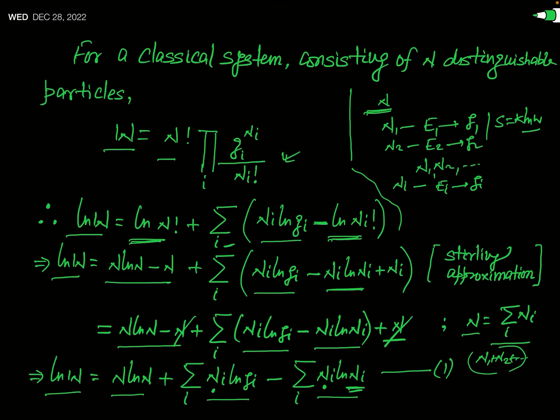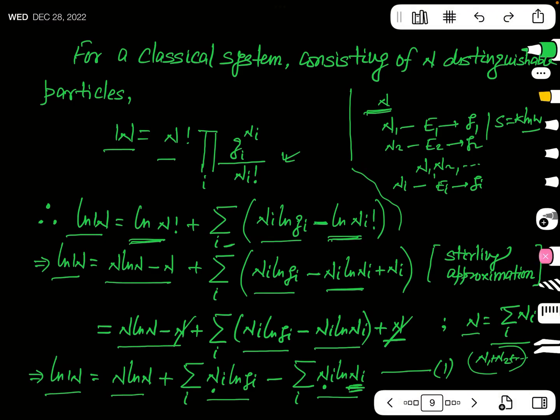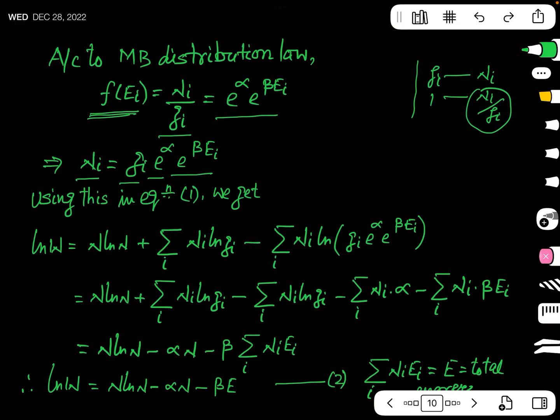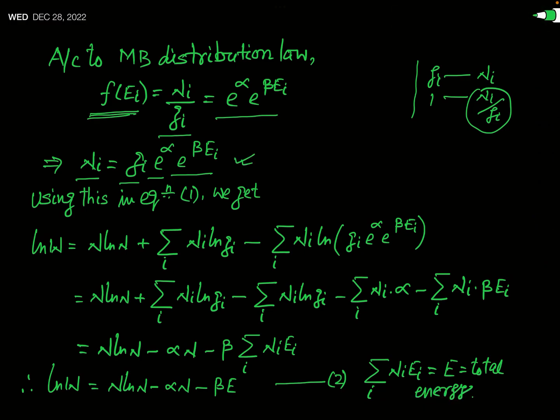But we will replace this last Ni by that result. Then the simplification will be easier. Now put the value of Ni wherever it is present. Okay? Only in the last term. So let us see, when we substitute this much instead of Ni in the last term, what will be our